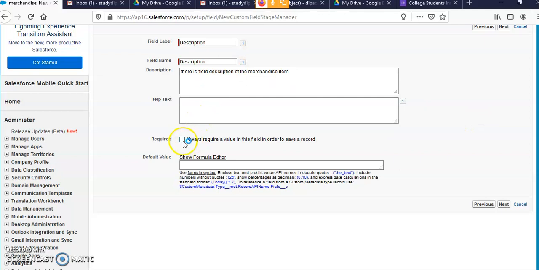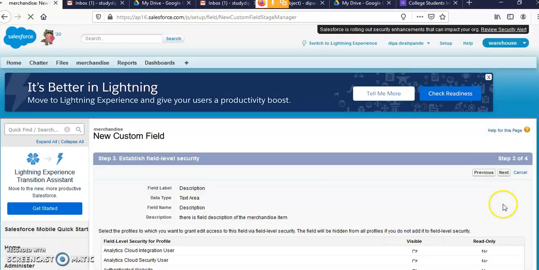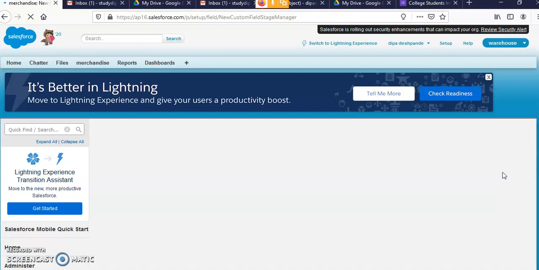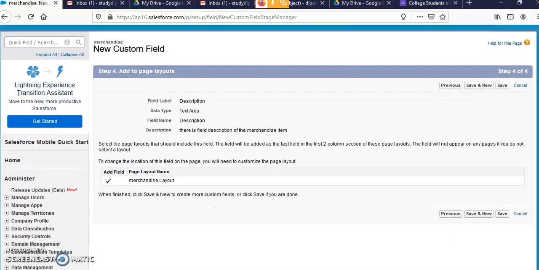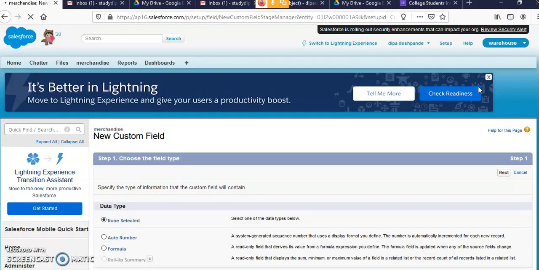After that click on Required and Next. Click on Next again. Save and New, because we want to add one more field, that is the price.